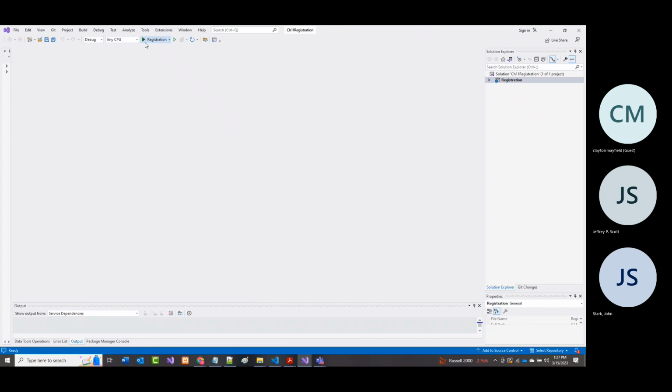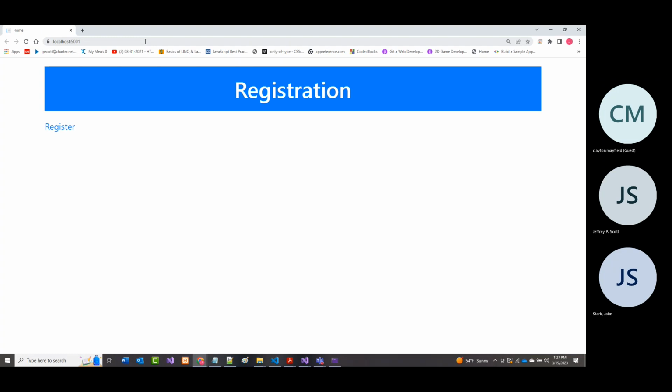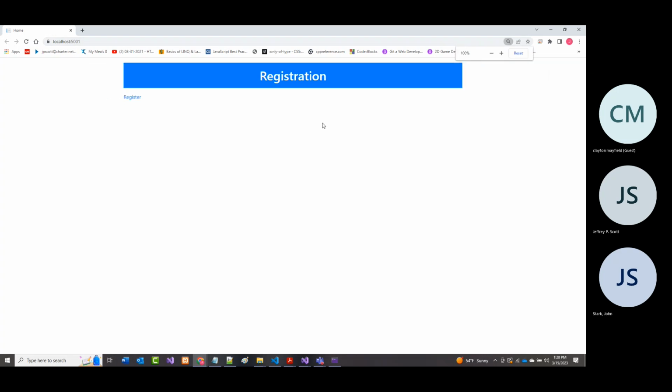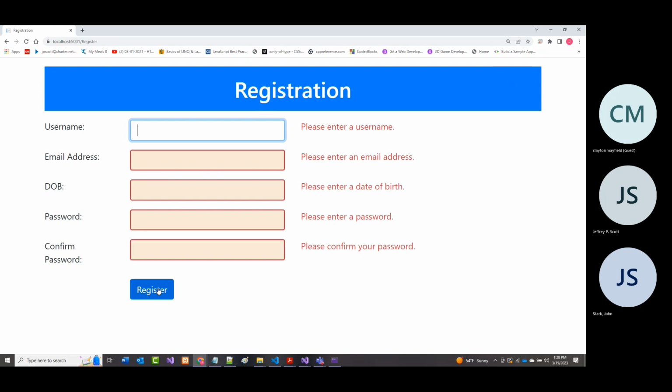So if we start here by running the program, you'll see that it's pretty simplistic. Now, there's a bunch of stuff missing because I've got my screen size set at about 400%. All right, there it's 100%, but notice when I click register, this is what I get. I can make it bigger, I guess. So what do we need in here? The easiest way to find out is to just click this. All right, we need a username. I'm going to put in just a letter. And now notice it took that. So it seems to like that.